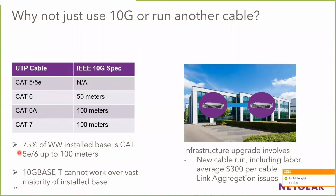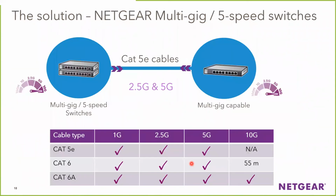So we know that the cost of replacing these cables is around $300 because you need to rewire. Imagine your office right now. If you need to rewire all your office, that's something that you do just once in a while. And normally, if you don't rewire your network cable. So in order to take advantage of this, the IEEE, the N-base-T, it allows us to run 2.5